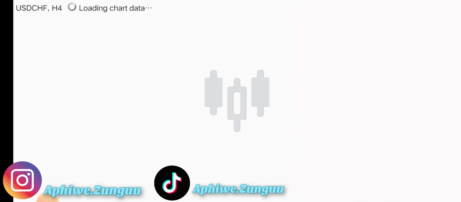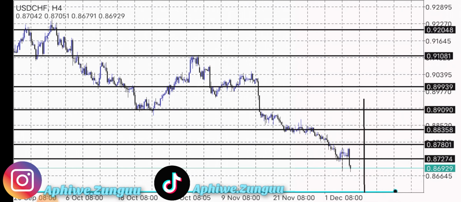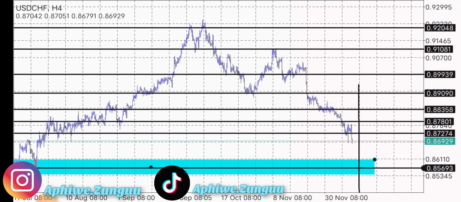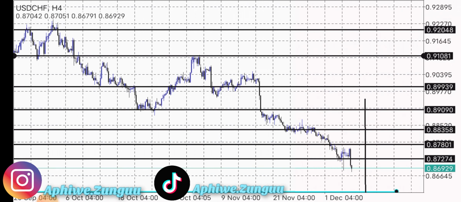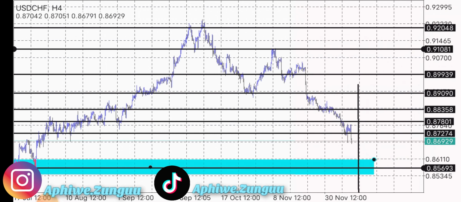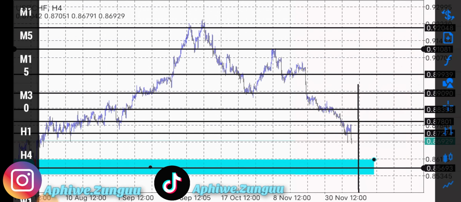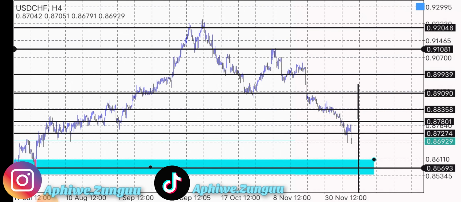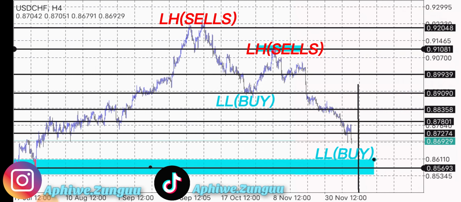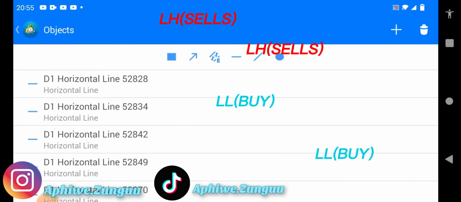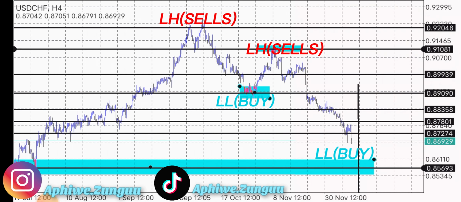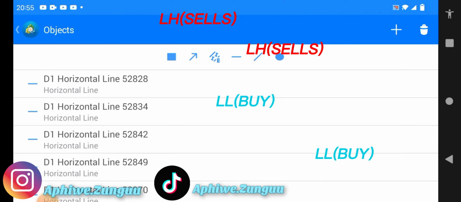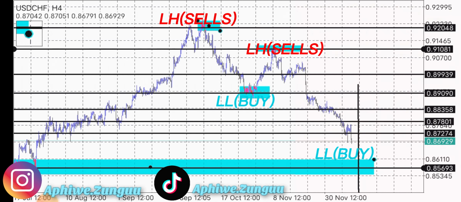Jumping down to the 4-hour time frame, we can pretty much see that the market is actually confirming our sells, right? As the market is creating lower highs and lower lows, we can see that the market is going towards the downside, right? So I'll mark out my lower highs and my lower lows. This is my lower high, this is my lower low, right? Lower high,